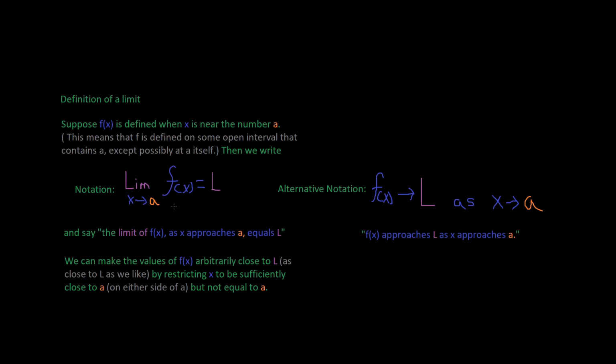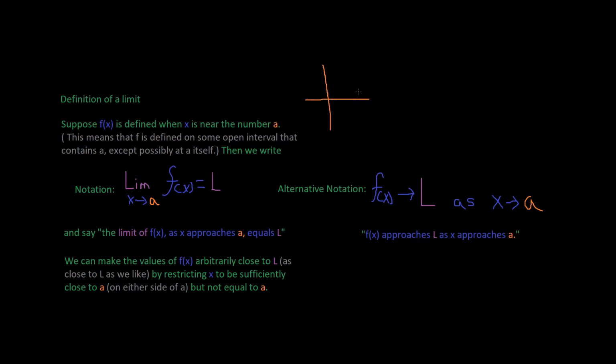And so this is how we say it. The limit of f of x as x approaches a equals L. We can make the values of f of x arbitrarily close to L by restricting x to be sufficiently close to a. And so what that means,